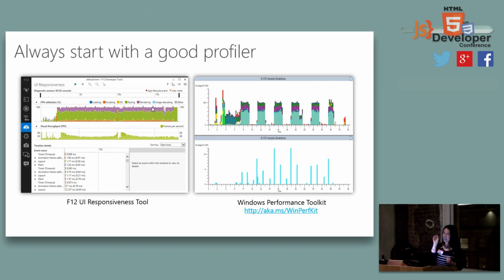You catch the frames per second, and among that you will see color coding representing different things: loading time, which in this case we don't have since it's a website, scripting time, garbage collection, the time spent for styling, for rendering, and so on.